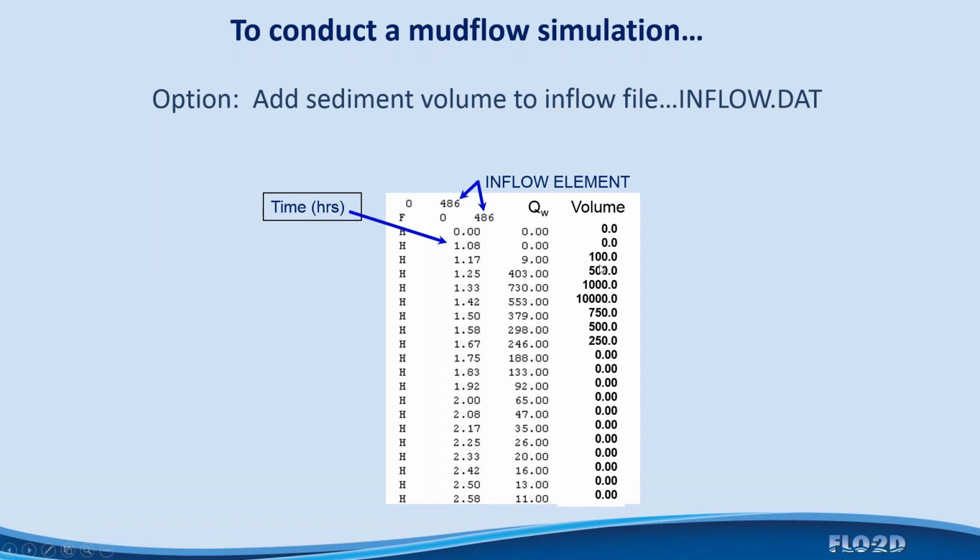And if you have an aerial photograph and you go out in the field and you see that this landslide occurred and it's roughly taken off about 3 to 5 feet for, say, 500 foot long by 300 foot wide, you could estimate the volume and just distribute that volume into this hydrograph,